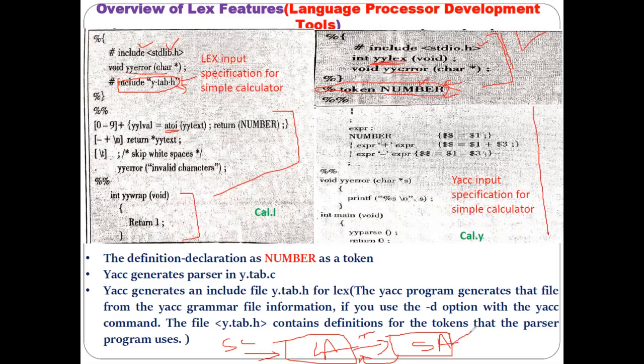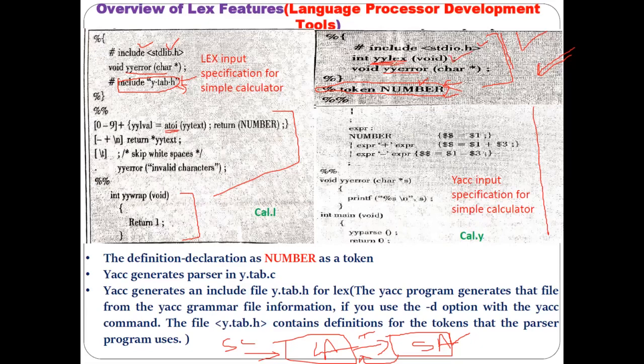Okay, it means your parser or the syntax analyzer will run first. Understood? It means your Yak program will run first. You have to compile and run the Yak program first. Then your Yak program will call your Lex program, and for that purpose in the declaration section you have to mention the yylex function.